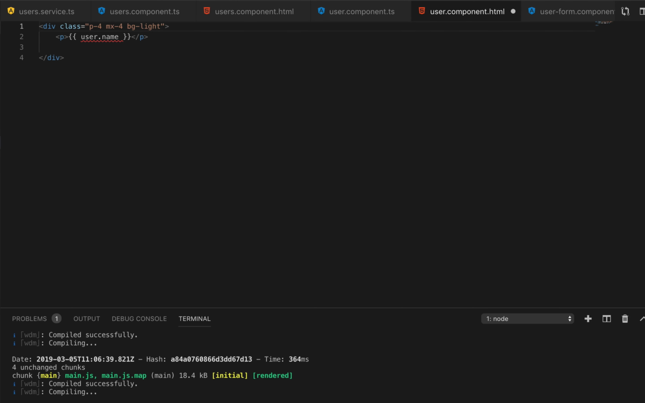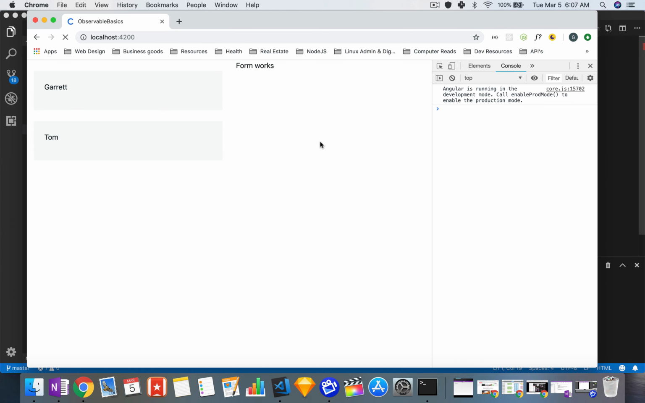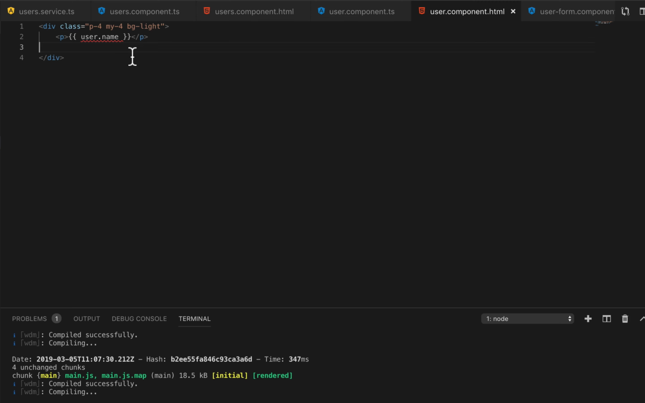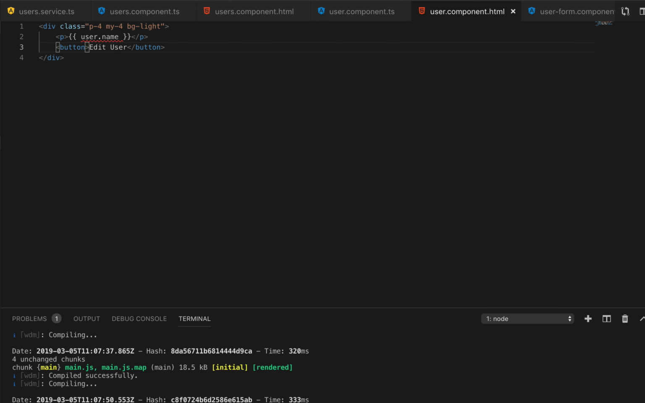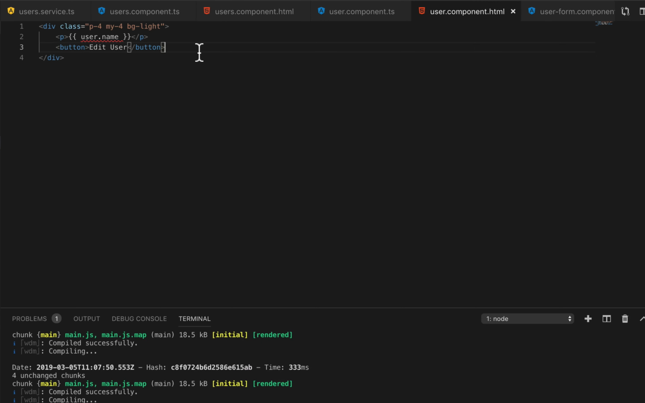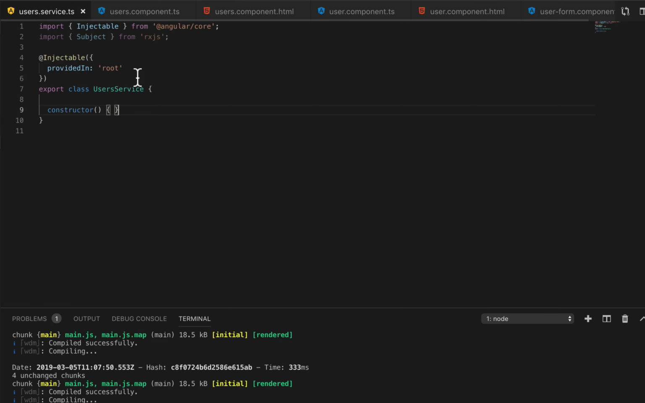We'll actually change this margin to be the Y, so it is on the vertical axis, top and bottom. Now, the other thing we want to do is we will add a button here, and we'll just say edit user. Now that'll be there for both people. And hold that thought, we're not going to make an on-click event just yet. What we're going to do now is go over to the service,